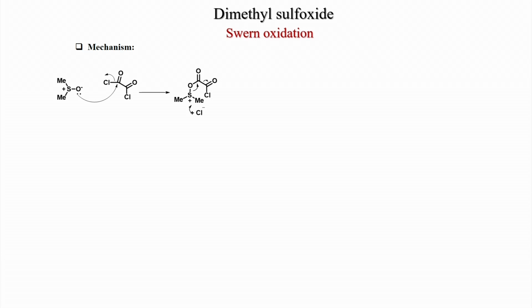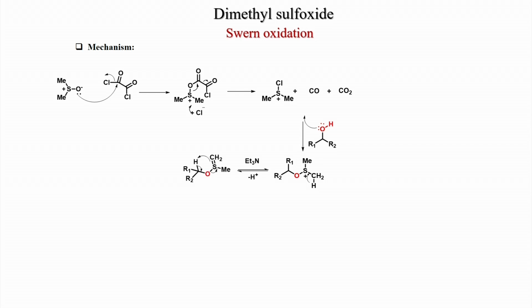And then the chloride minus also is a nucleophile, and it will react at the sulfur atom and generate carbon monoxide and carbon dioxide, which liberate as gas. So, this process should be very facile to generate this chloro-sulfur complex. Now, alcohol will react with this electrophilic sulfur complex to generate this sulfonate salt, and after treatment with triethylamine, we